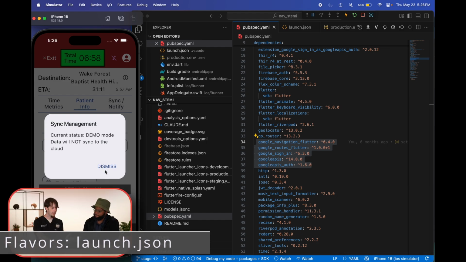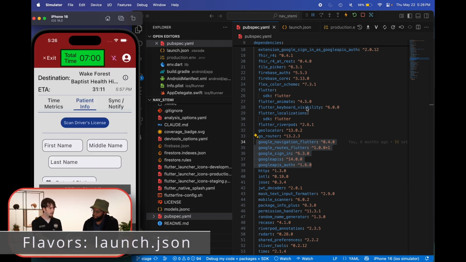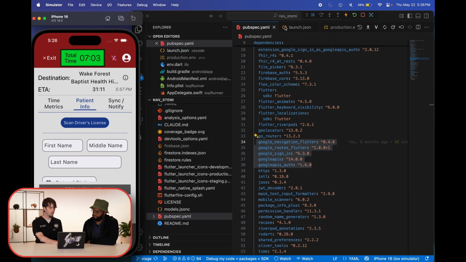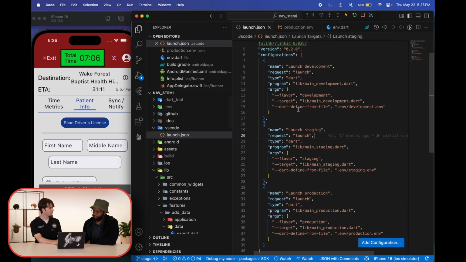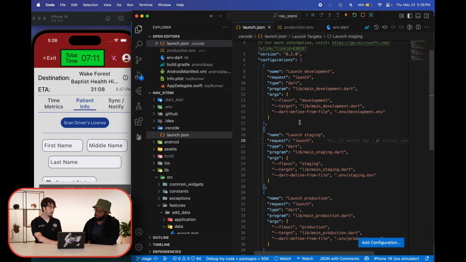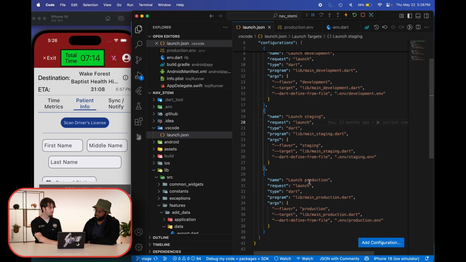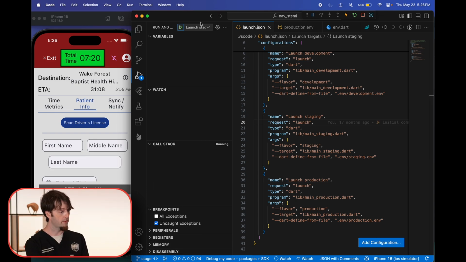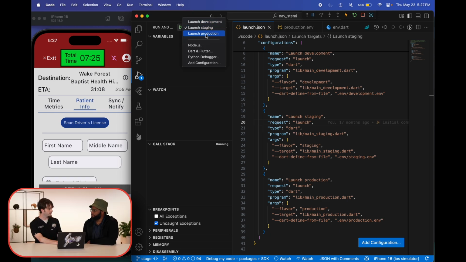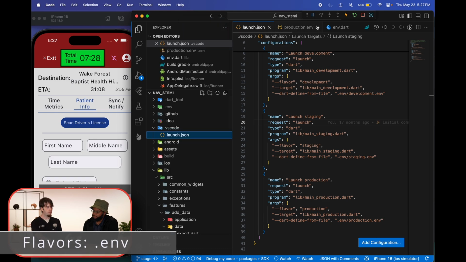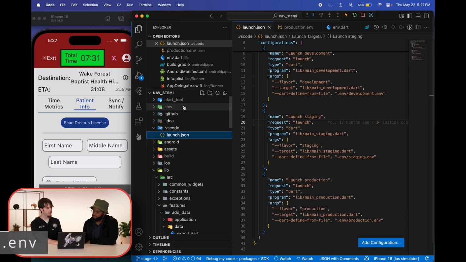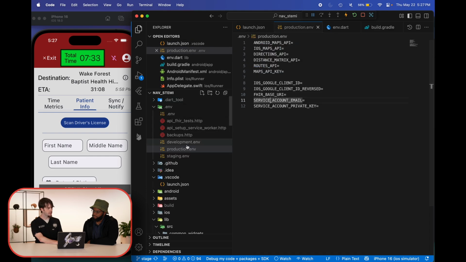Yeah, great example. And so when you're using an app flavor, and I think this is where this gets really fun, especially as we're building upon the ideas from others. At least right now, the way that this code is set up is we're using flavor-based launch parameters in the launch.json settings in VS Code. So if you're in VS Code, when you open this, you can see development, staging, and production. And they will all point to a separate .env file, either development, staging, or production.